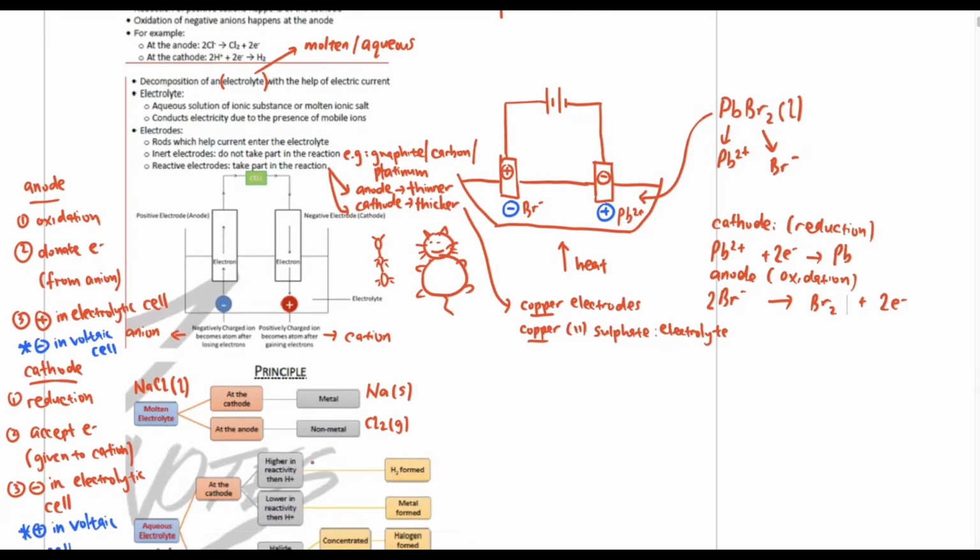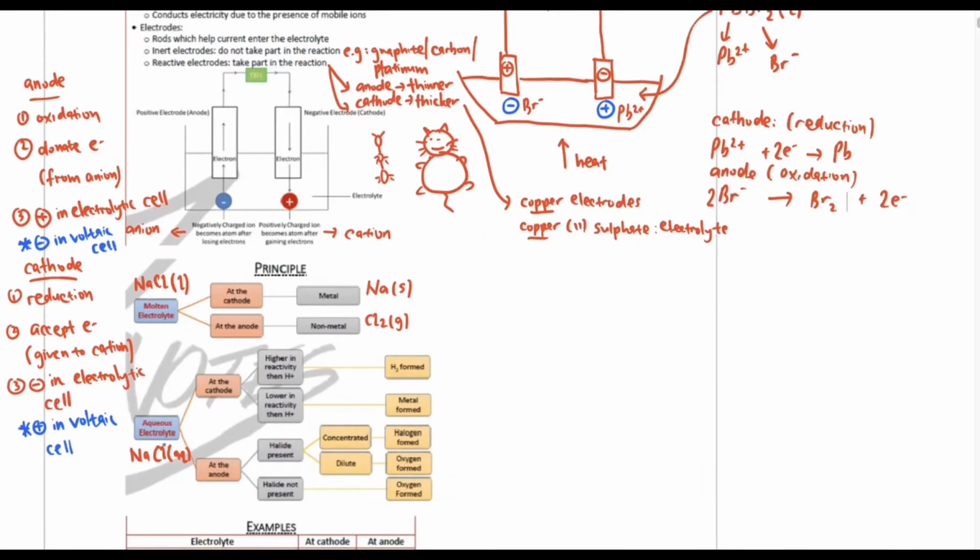But when it comes to aqueous electrolyte, the situation is getting more complicated because of the presence of water. The aqueous means water. Water is also there. So what happens to water? Water forms positive ions and negative ions as well. Water forms H+ and OH-. They form ions also. Okay, so because of that,